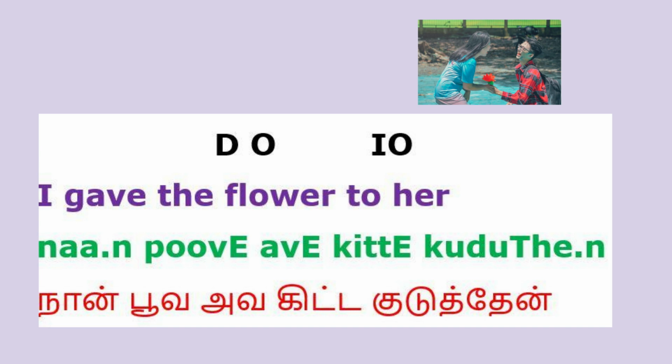Most of the time, almost all the time, it becomes a at the ending, like poo, poova. Like milk, pal, pala, shop, kada, kadaya. Some can have slight changes like kada, kadaya. However, poo becomes poova, pal becomes pala. Most of the things will just take a sound at the end. Na poova avakitta koduthen.